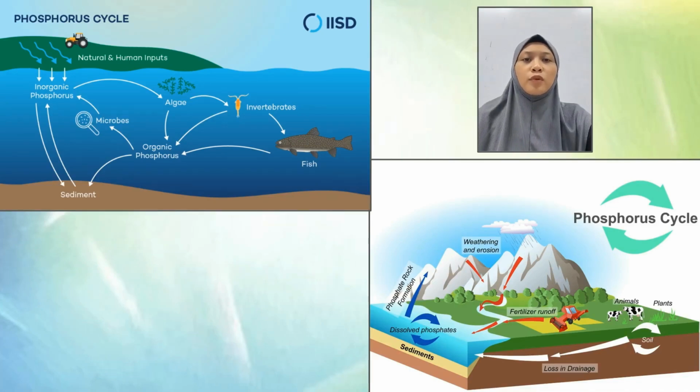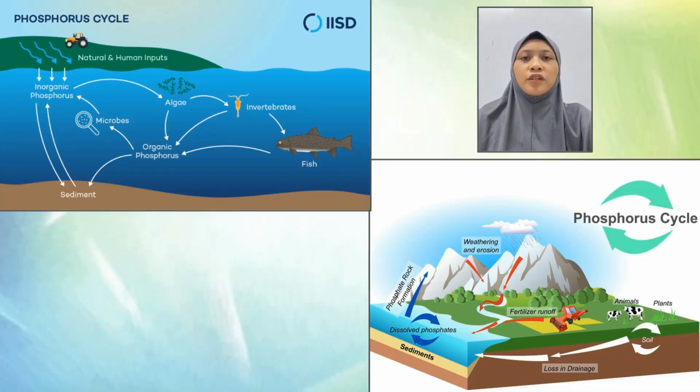Phosphorus is one of the most essential elements for life on Earth. It plays a critical role in biology because it is a key component of DNA and RNA, which store and transfer genetic information in all living organisms. Without phosphorus, this molecule will not function properly and life as we know it would not exist.